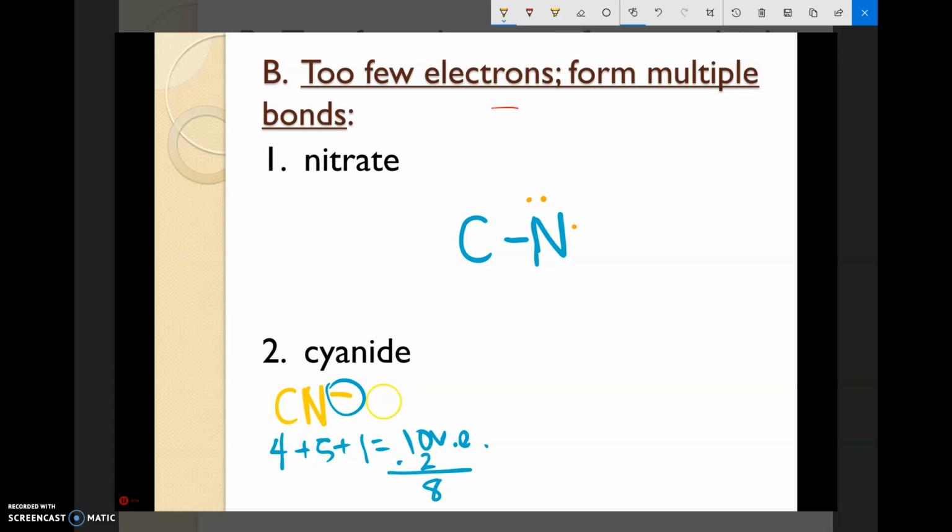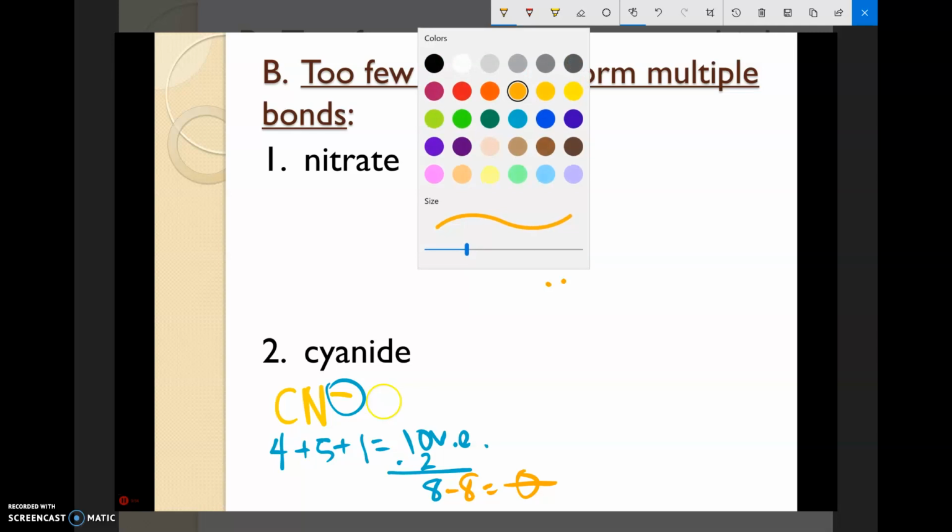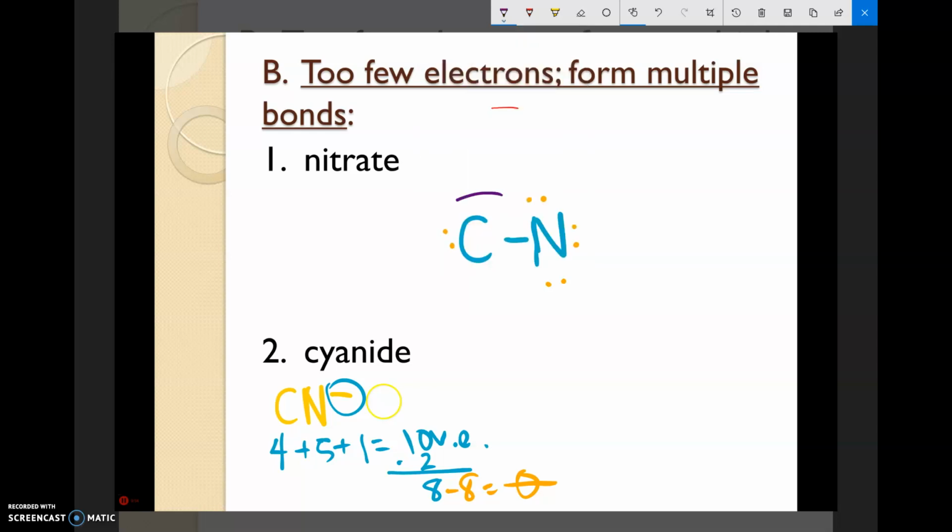So, let's go ahead and do 2, 4, 6, 8. And that's because I have the 8 left down there. So now I have no valence electrons left to use. Now let's check to see what's going on with our atoms. Here's this carbon. It has 2, 4. The nitrogen has 2, 4, 6, 8. So the carbon doesn't have